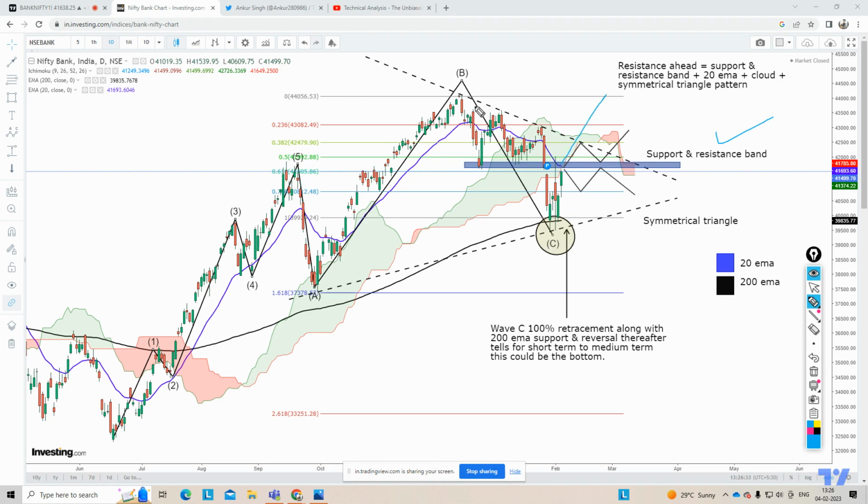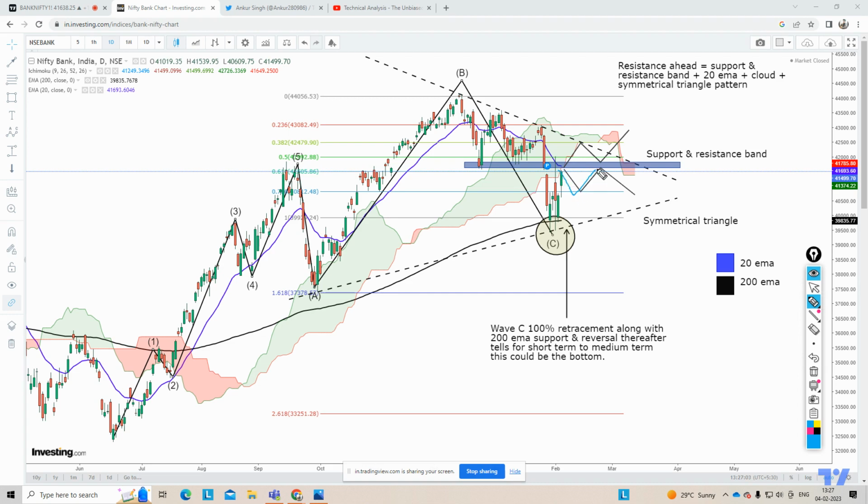Very impulsive wave three, and it may end with wave three over here. It may create a wave 4 like this, and then again we may see an impulsive wave 5 which will breach this area and make new highs in the market. So this coming move is very important, because Nifty and Bank Nifty have come to an area where it is make or break, right?